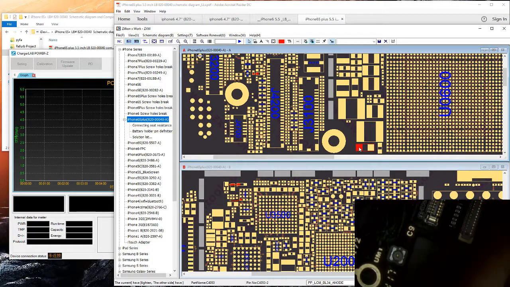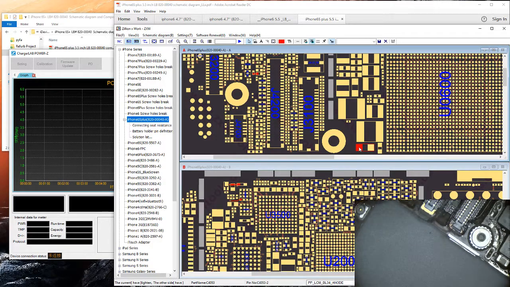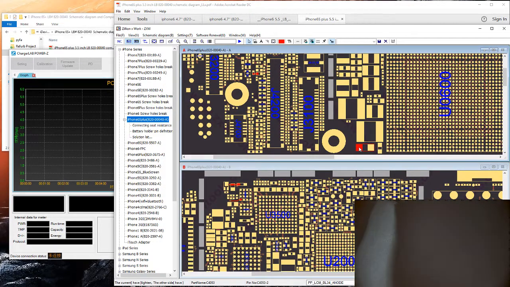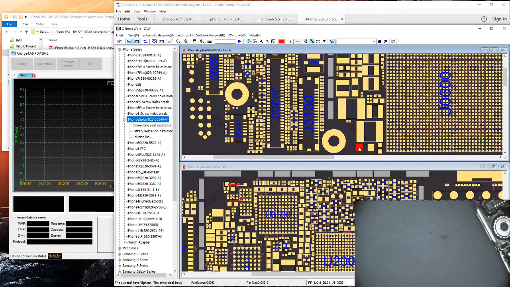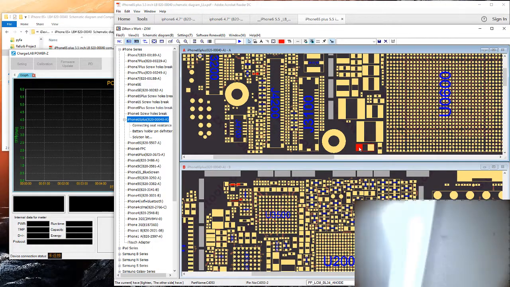Okay, I've got a new screen for a 6S Plus. The good news is if we get full backlight on this screen, I get to go home, go to bed. That's actually not the worst thing that could have happened here. Not by a long shot. Hey, we could have had a boot looping iPhone 6 after we were putting shitloads of heat right next to the processor to fix the backlight. That could have happened. That'd be a great way to end the night. Alright,